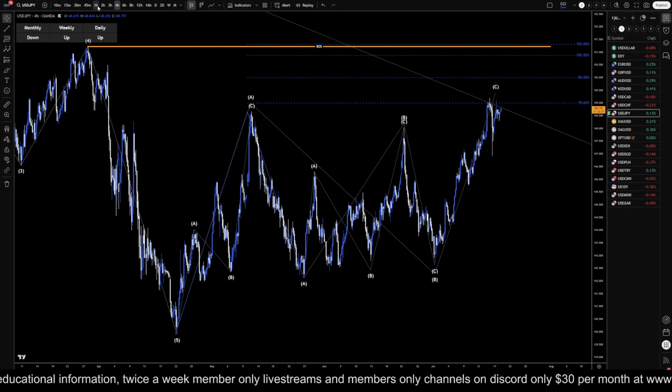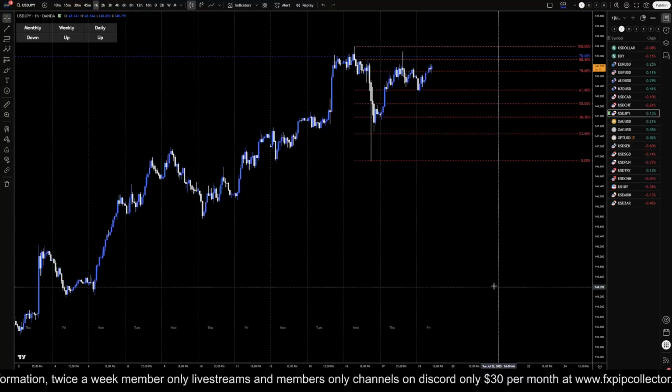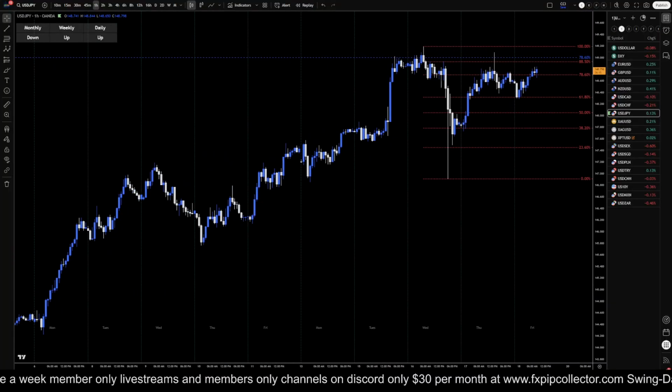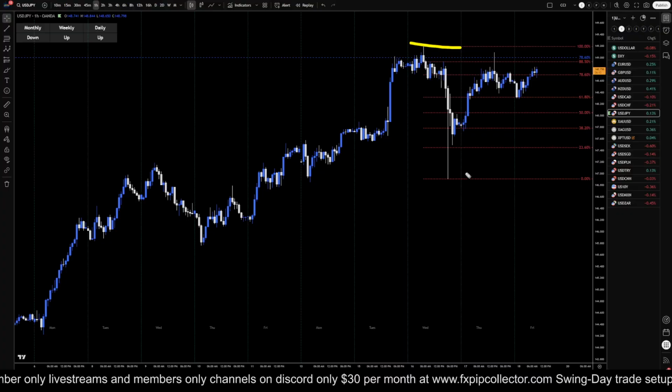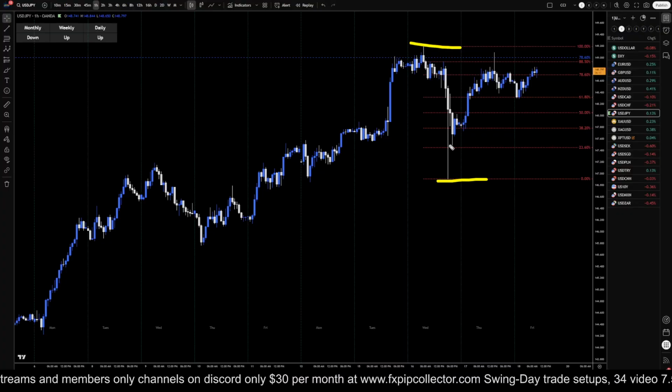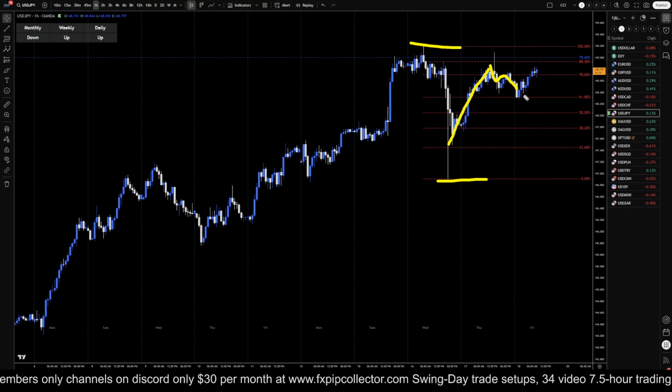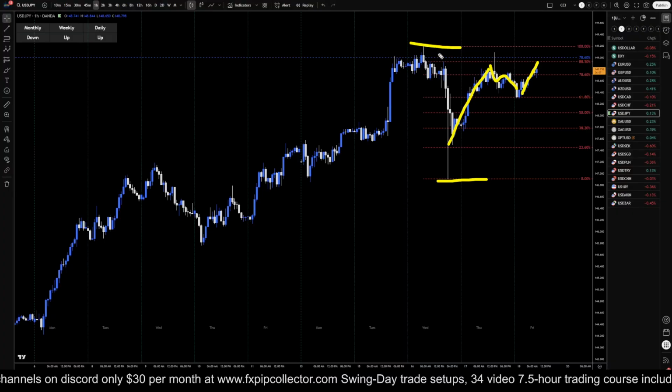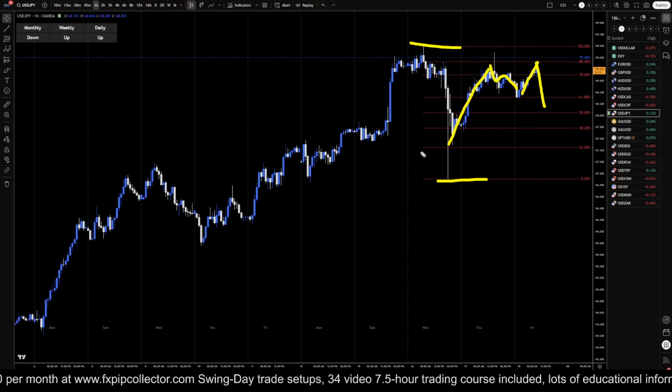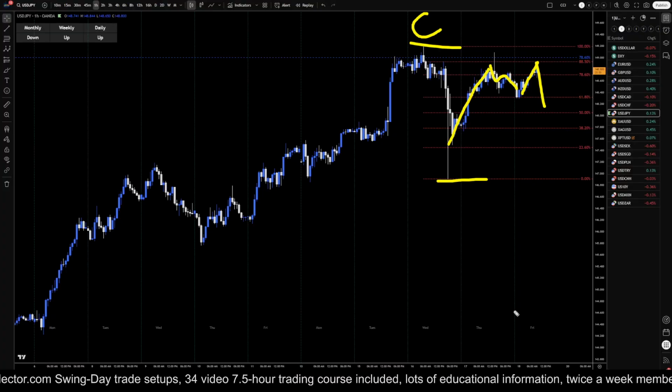So taking it down to the 1 hour time frame is where we have to really pay attention to see if we get a lower high or not. We got our Fibonacci retracement on the move down. This is an impulsive up. It is corrective down. It is impulsive up. So if it does make a little bit of a lower high, three waves up, impulsive down, then that likely is going to be what we need to prove that this potentially is the end of a wave C.